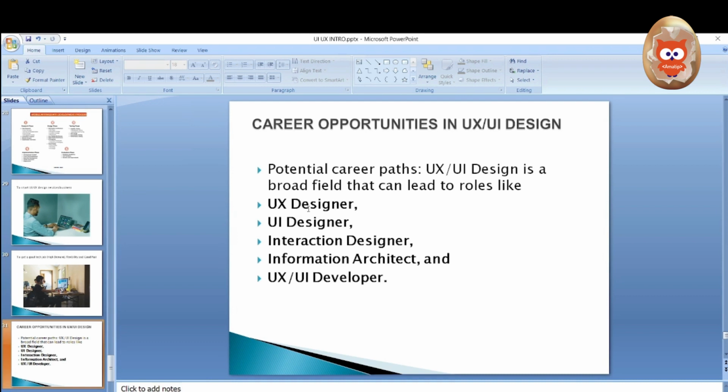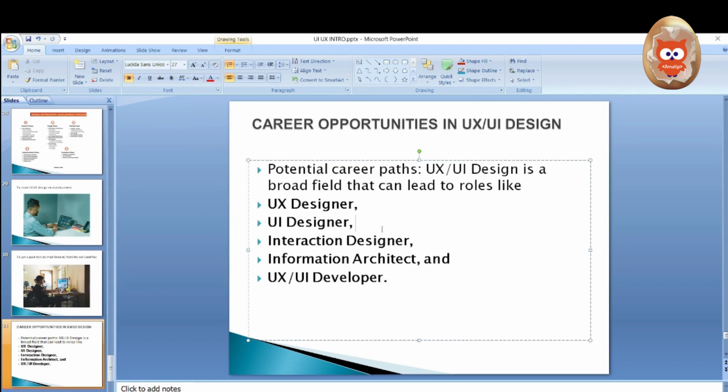Okay, so let's look at some career opportunity in this field. After the training program, you can decide to be a UX designer if you like to specialize on the research aspects of the specialization, and you can as well decide to be a UI designer if you like more of design, and you can be an interactive designer or information architect.